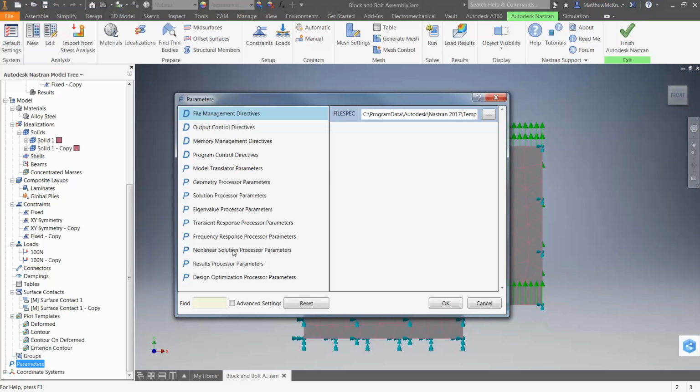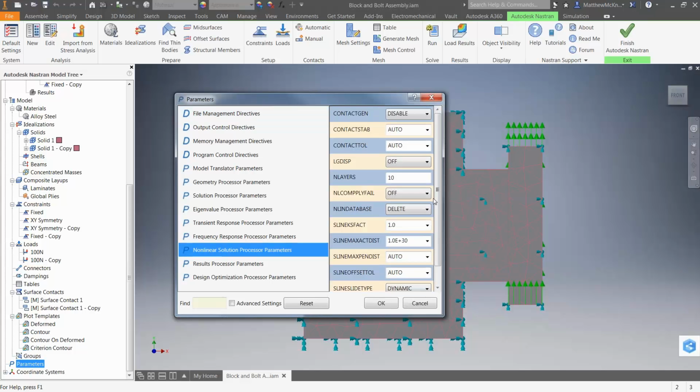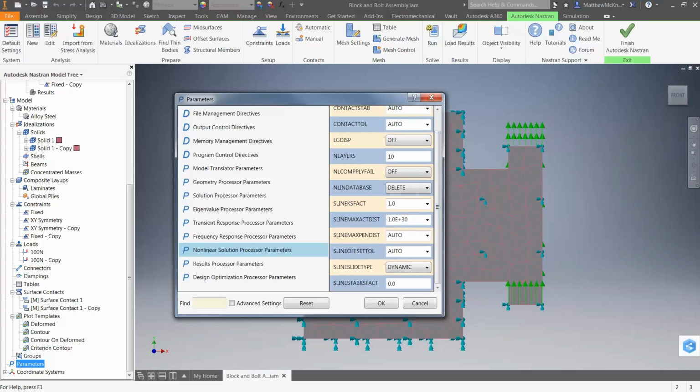So you'll see here that we've got the nonlinear solution option here, and here are the various parameters that we can come into and adjust. Contact stab. Remember, we could go from auto in this case. We've got large displacement on or off, so we can adjust those as well. If I wanted to, I can come down to S-line slide tip. I can change this to static, and then I can put in a value, recognizing that